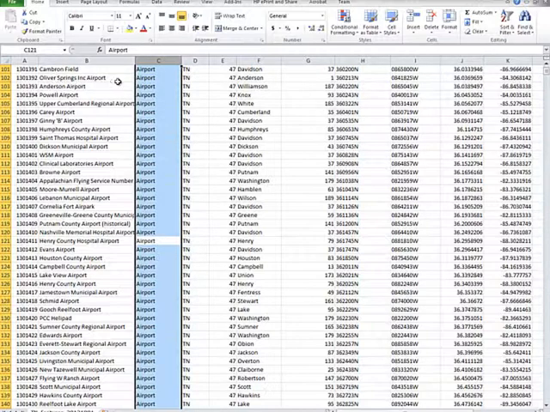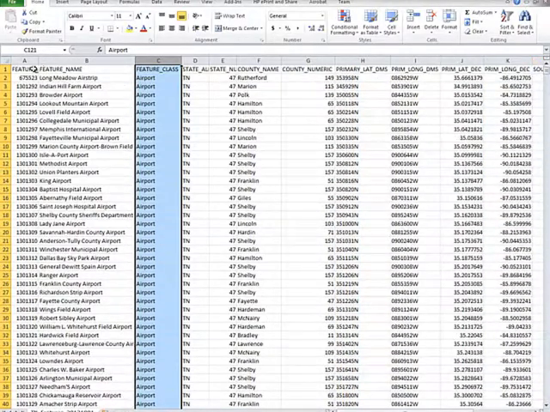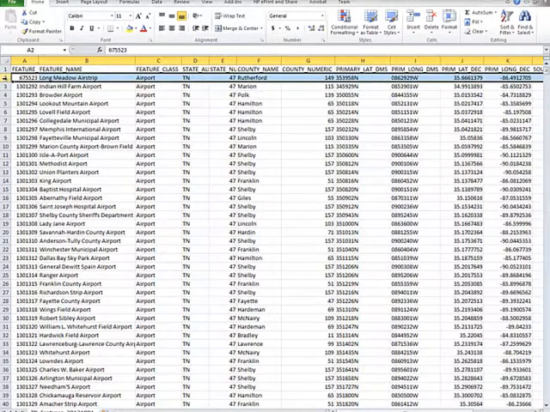So I've got information on airports. It's lining up with the airport type as an example. So what I could do then, now that I've sorted this information, and I want to be careful here to remember that the first record here is your labels, so you don't want to mess with those. But let's just say, for example, I wanted to get just the churches out of this data set, and since I've saved it originally a little while ago, I can always reopen it and select other data if I want to. So what I'll do, start with the second row here so I don't delete my field names,